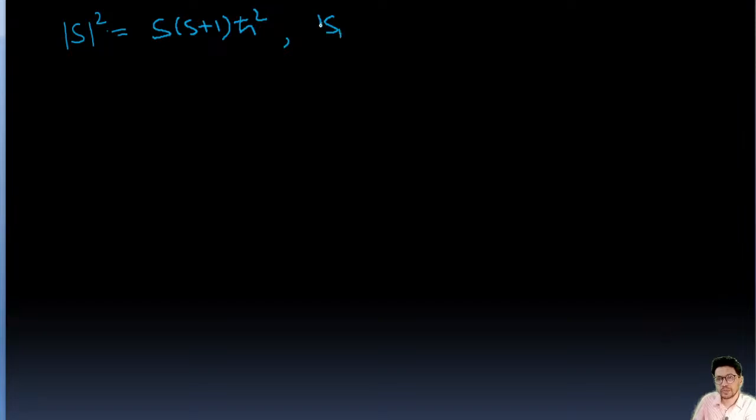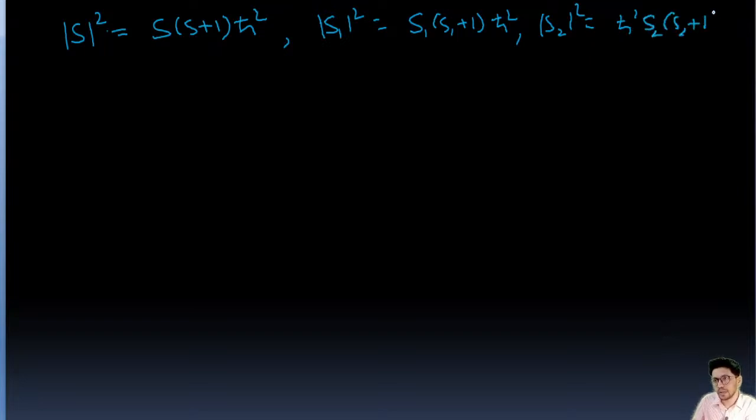Similarly, operator S1 square is going to be S1 into S1 plus 1 H cut square, and similarly S2 square is going to be H cut square S2 into S2 plus 1. Okay, these are the values,